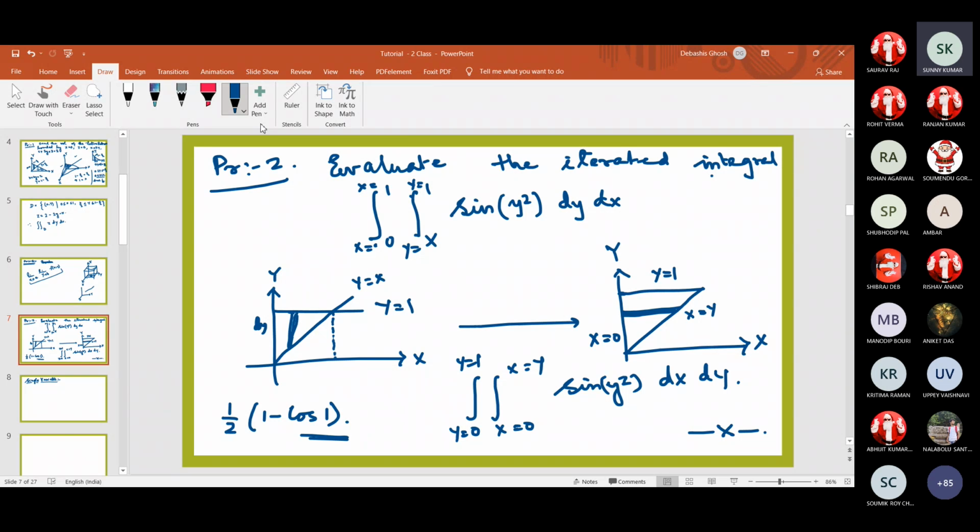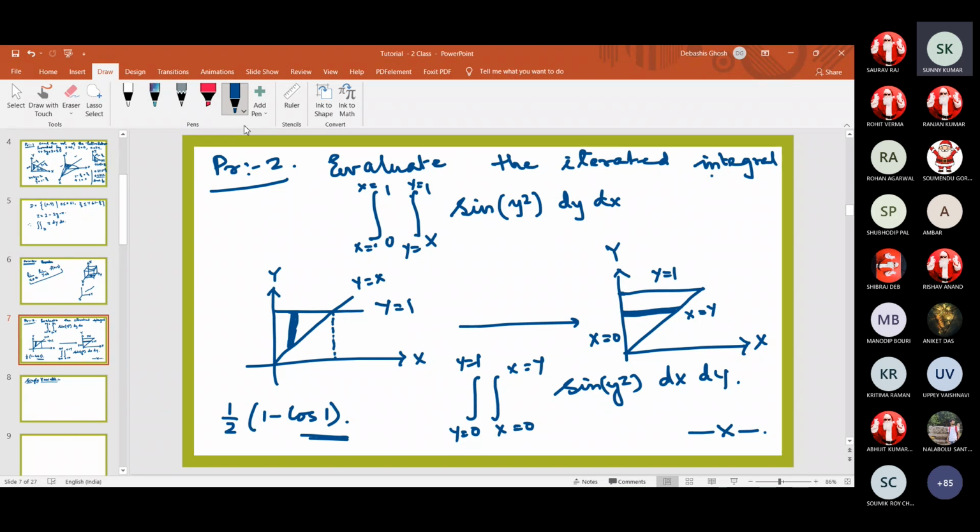Sir, the strips which we show are according to the final integration, not the initial one. If we divide the strip into further subparts, then it would be the first integration. As you have shown the whole strip, it means we are showing the second integration, according to dx. If we divide this strip into further subparts, then we are talking about the first integration with respect to dy.